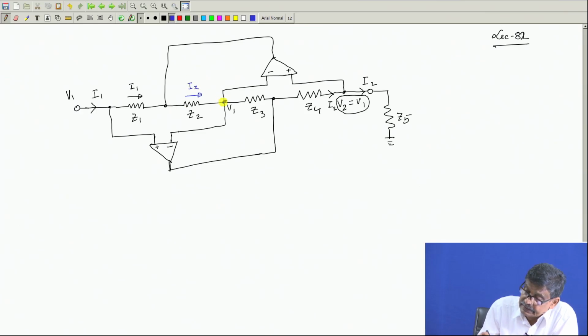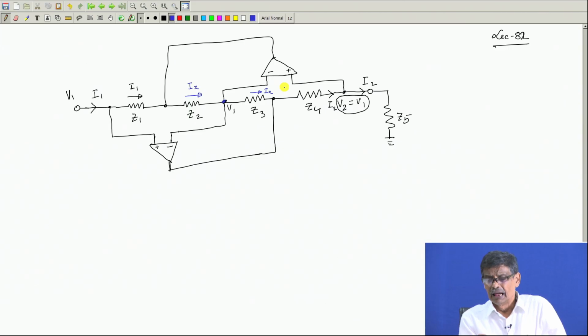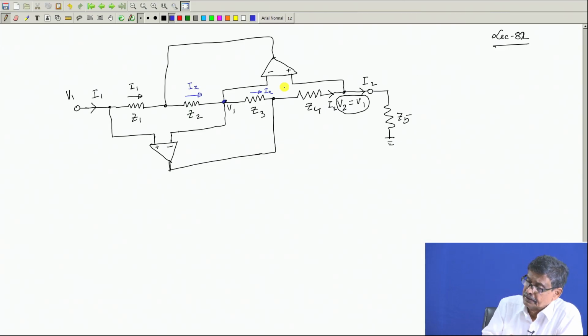If this is Ix, this Ix comes at this point, but this op amp does not take any current. Similarly, this op amp. Therefore, the same Ix will flow here as well, is it not? I mean, a four-line derivation simply. So, given this network using 2 op amps, we come to these conclusions, and we would like to find out what is V1 by I1, that is, the impedance seen from the input side is the voltage applied divided by the current.